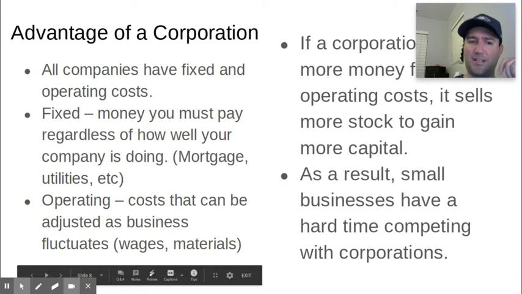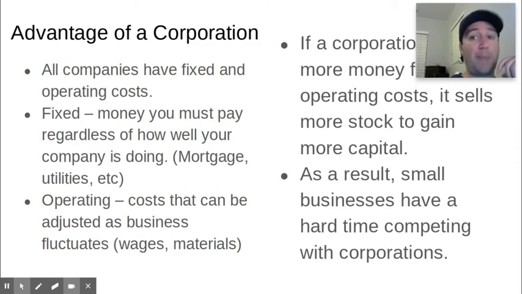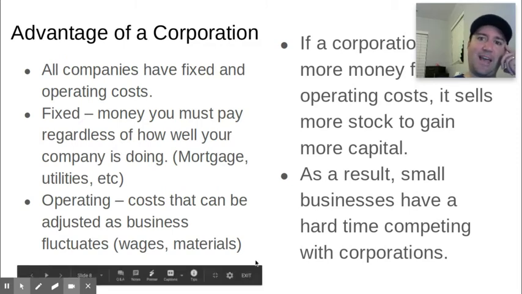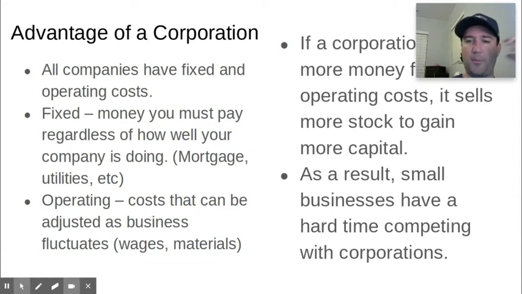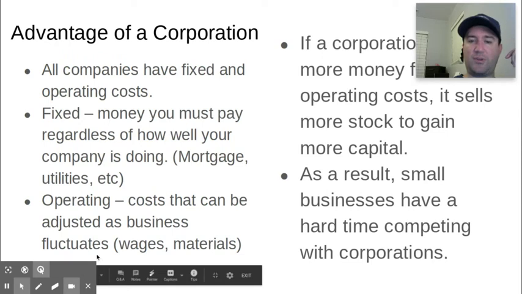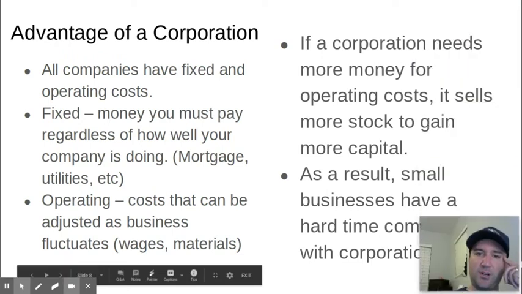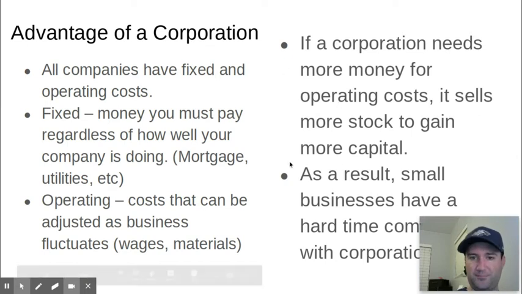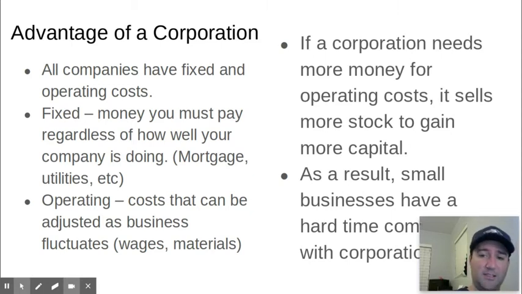And then there are operating costs that you can adjust and fluctuate, like how many workers you are going to hire and what you are going to pay them. Things like that. You control the operating costs much more. And in any business, whether it be a small business or a corporation, you are trying to control those operating costs. Now, sometimes if you want to expand your business, you need more money. Well, if you're a corporation, instead of going to a bank, you can simply sell more stock. And that steady income gives them capital that they can invest into their business, hire more workers, pay them, update machinery, whatever it is.